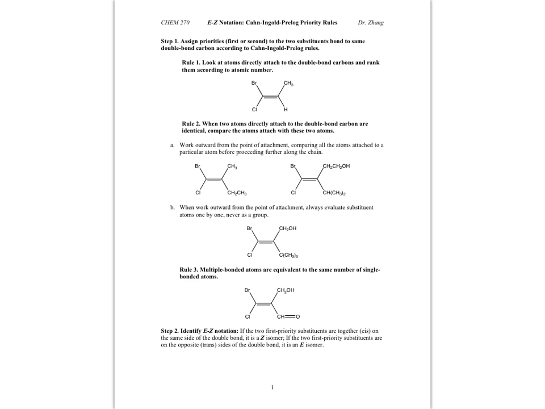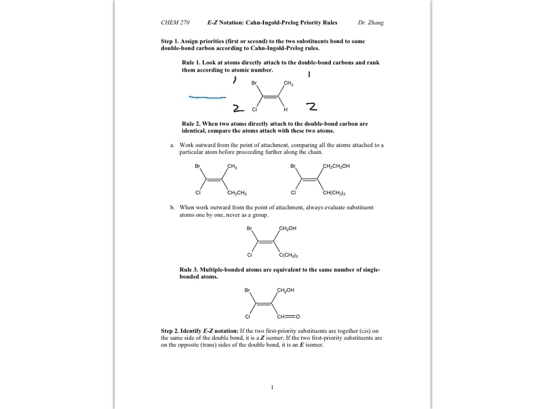It's the same rule we use to identify priority when we assign R and S for a chiral compound. Under that circumstance, bromine has a higher atomic mass than chlorine, so bromine would have a higher priority than chlorine. And looking at the other side of the molecule, carbon would have higher priority than hydrogen. Okay? Under that circumstance, you could pretend to draw a line